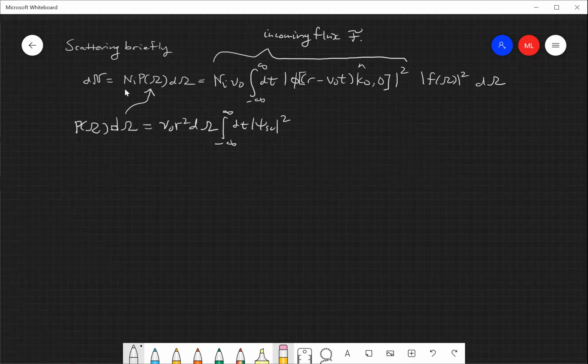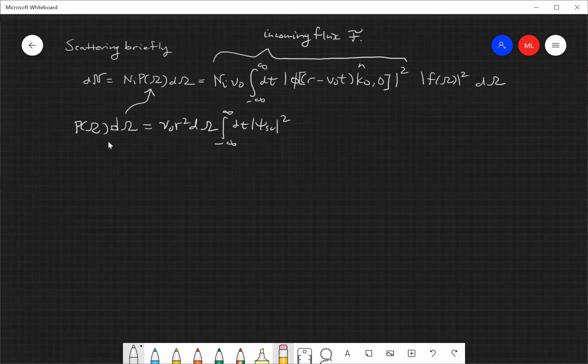And that would be the initial number of particles that you're sending in times the probability that any one of them gets scattered into a solid angle. And this is multiplied by that solid angle that comes in. And this probability itself, you can think about it as the area subtended by that solid angle times the initial velocity of the particles, and then this is the probability integrated over all times